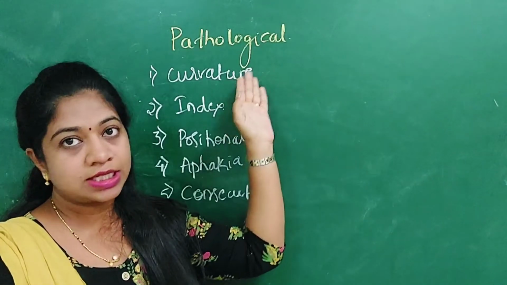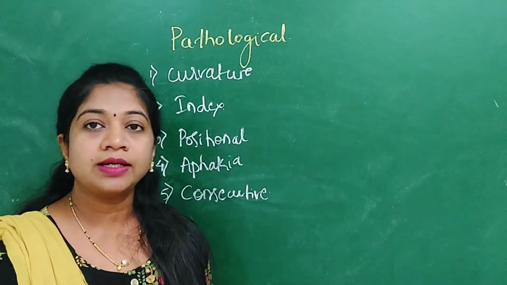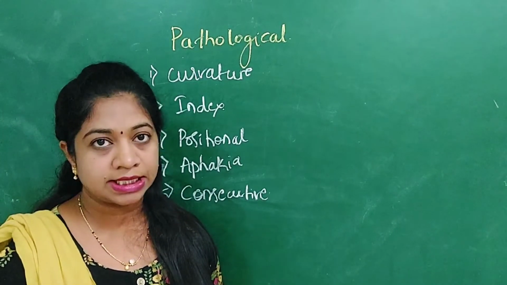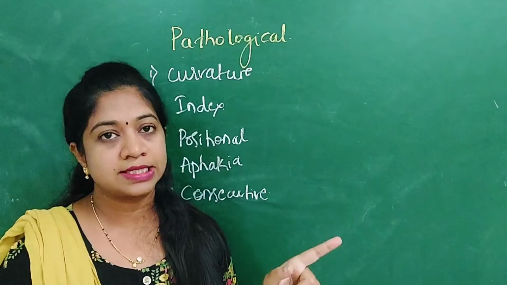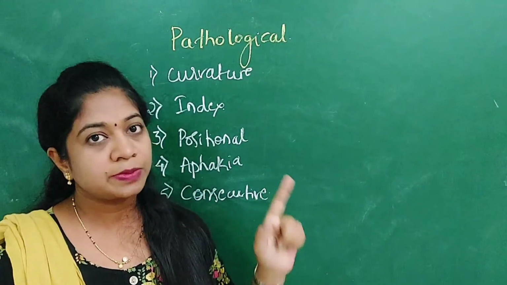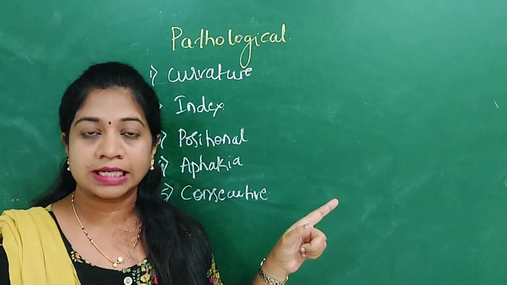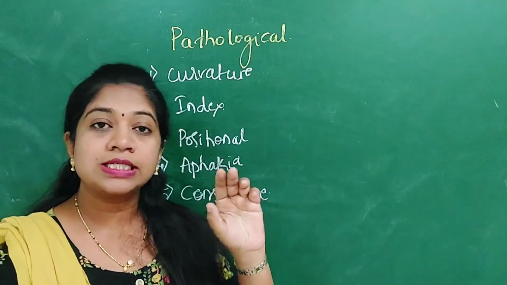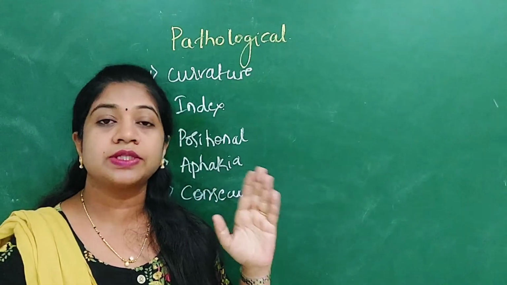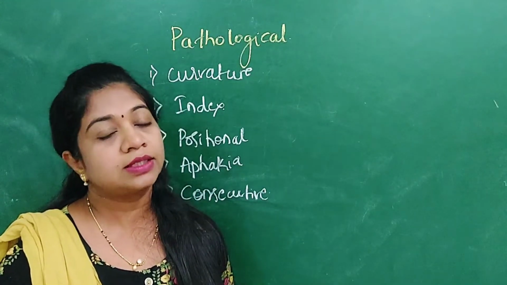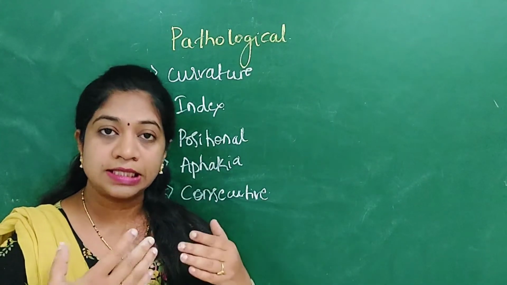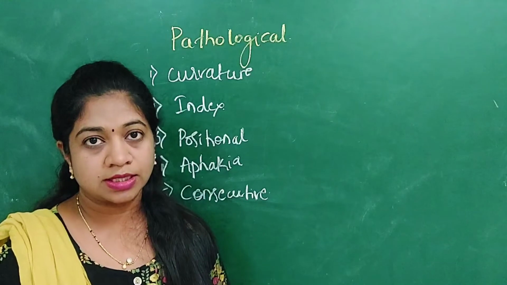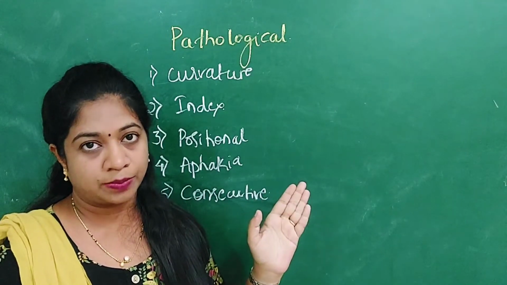So the next classification is pathological hypermetropia. Here again the causes can be either congenital or acquired. In simple hypermetropia also we had congenital as the cause. So what is the difference between simple and pathological, where the congenital reason is the cause? In simple hypermetropia, the variation with respect to the anterior posterior length or the curvature was very minor or little. But when these congenital variations are gross, that can lead to pathological hypermetropia.